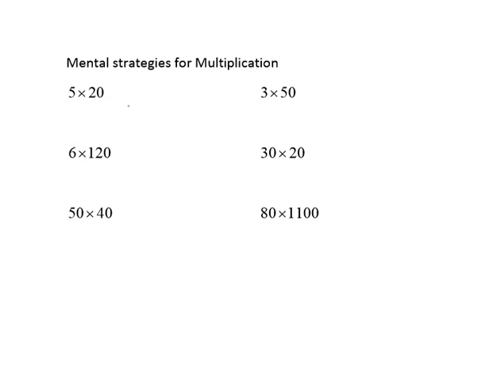Today, the mental strategy that we are looking at is for multiplication. Now with multiplication, there are several different tricks that we're going to teach you, and today's trick is for numbers that end in zeros. So my first example here, when I have 5 times 20, I can ignore the 0